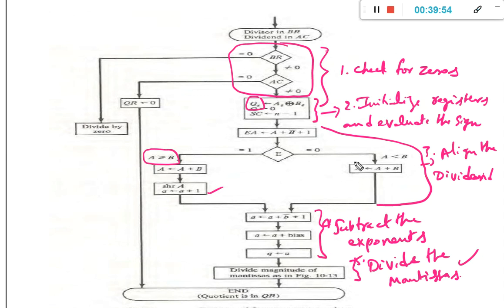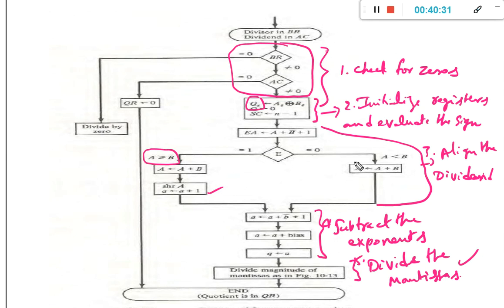As far as the algorithms are concerned, the basic orientation is the same. For addition and subtraction, we use the basic algorithm which we have seen for the signed magnitude addition and subtraction for the fixed point notation. In addition to that, some more steps will be there because we are performing the operations on floating point numbers. Similarly, for multiplication and division, we are going to perform some more additional steps. So the basic logic is same.